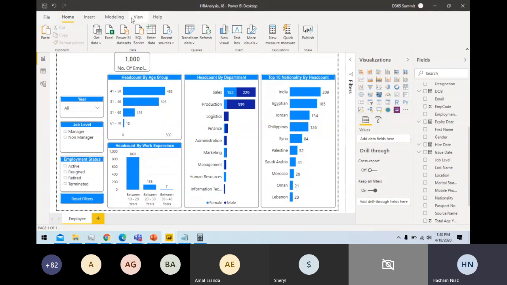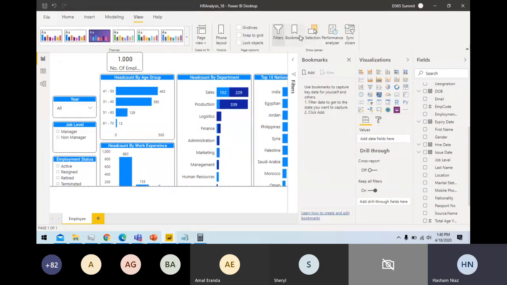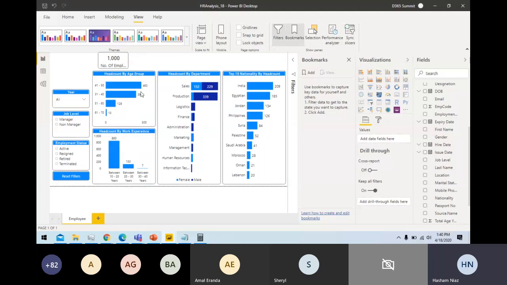So how I can do it, I can click on the view pane, I select this bookmark and I say this is my reset, this is my first page. So I say this as reset.